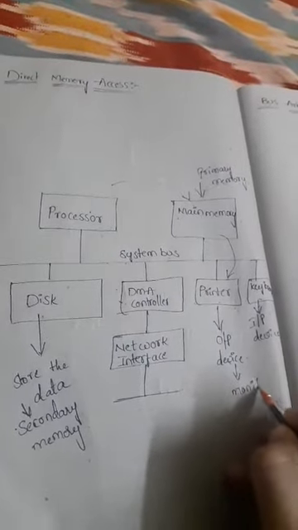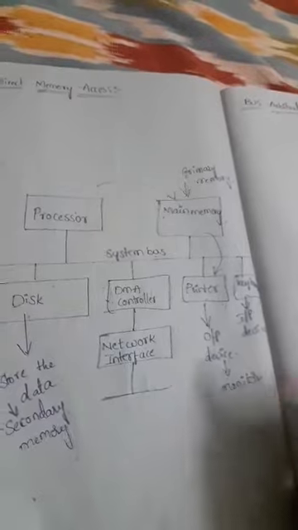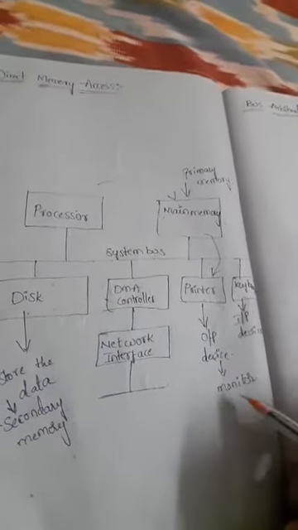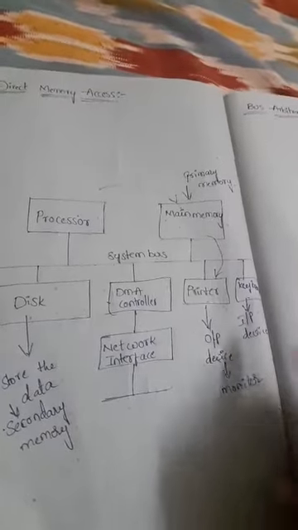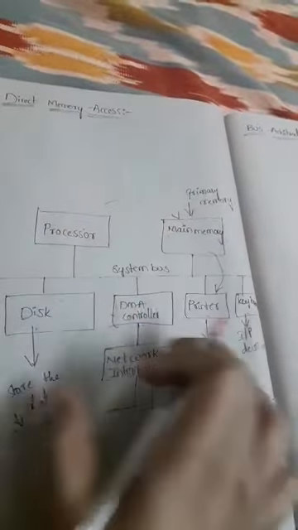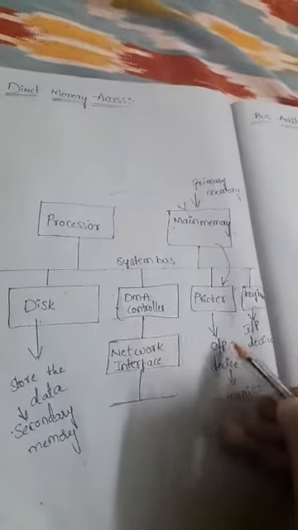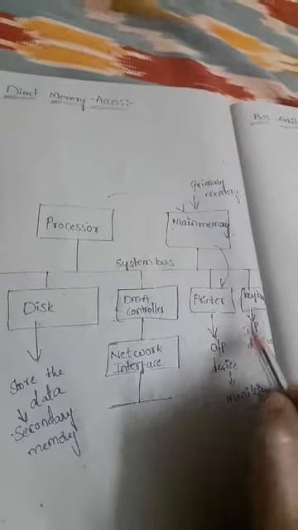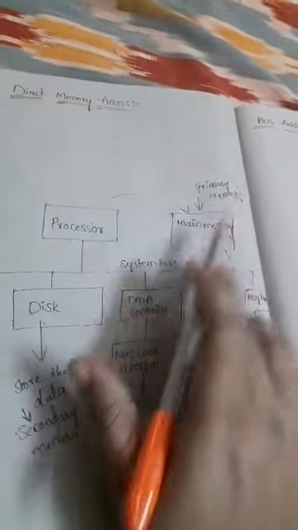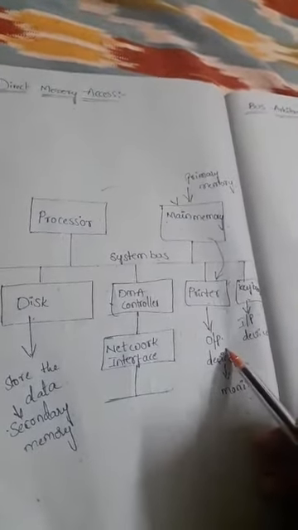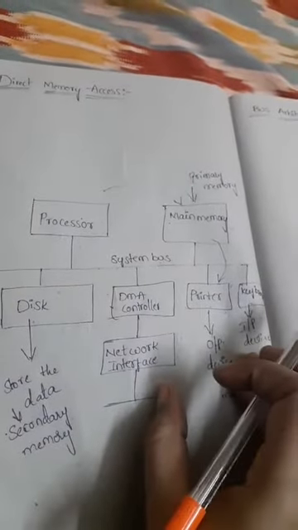Which one is our output device? We will see that output, right? With the help of the monitor we can see that. So the characters will go to the output device. Who is responsible for transferring this information from the keyboard to the processor, from the processor to the main memory and to the output device? That means input device to processor, then processor to main memory. After that it reaches the output device. So who is responsible to transfer this information?